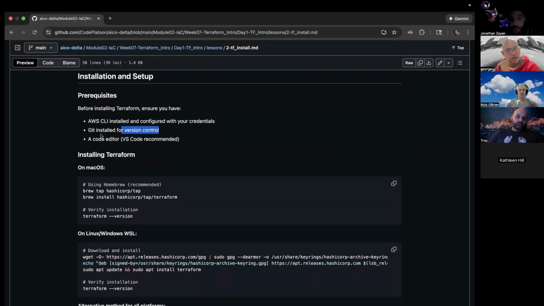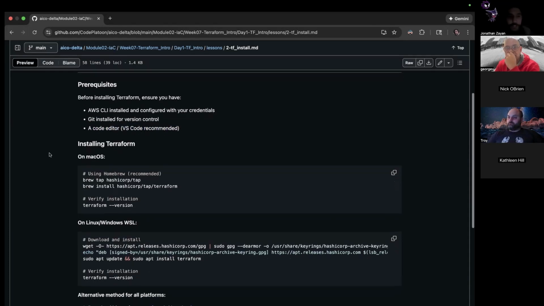Is that the same with any of the other ones? Like if you're going to be using it for Azure or Google, would it be the same way? Yeah, absolutely. Their version, correct. Think of it the same way as when we use git pull and git clone. Unless it knows who we are, it can't even communicate to who it needs to communicate to. So yes, you need the appropriate credentials. And then you need git, because that handles the version control. And obviously, you need a code editor.